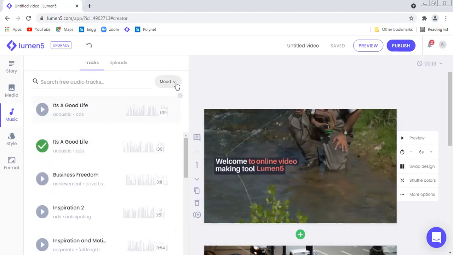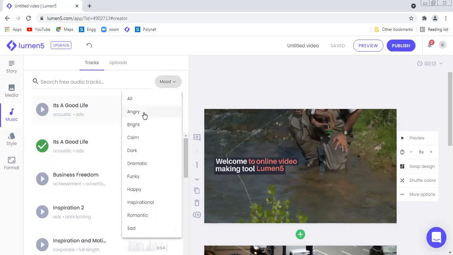These music tracks are available as per your mood: bright, calm, dark, dramatic, funky, happy, inspiration, romantic, sad, all types of music tracks are available, because you'll be preparing videos for different situations, and therefore we can use the music track suitable to that situation.